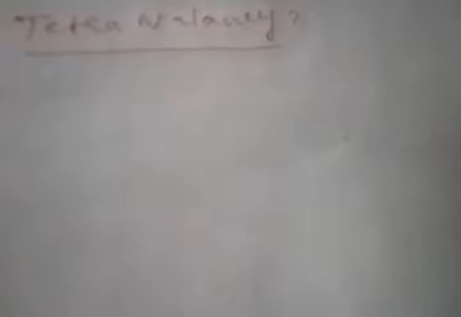Then the second property which gives the versatile nature of the carbon compound, that is tetravalency. What do you mean by tetravalency? As earlier I had explained this concept, that tetra means 4, that carbon is having 4 valence electrons. So it is having a tendency to form more carbon compounds by sharing its electrons with other monovalent elements. Due to its small size, the shared pair of electrons is held strongly by the nucleus of the carbon atom. So it forms bonds with hydrogen, nitrogen, sulfur, chlorine, bromine, etc.